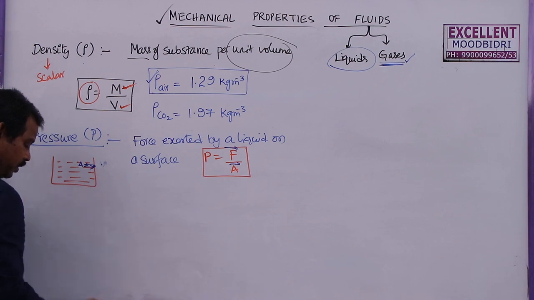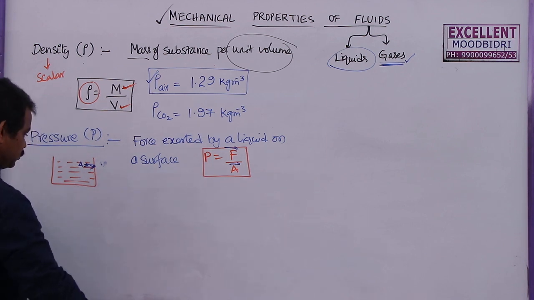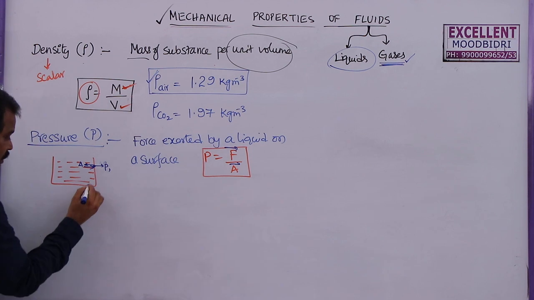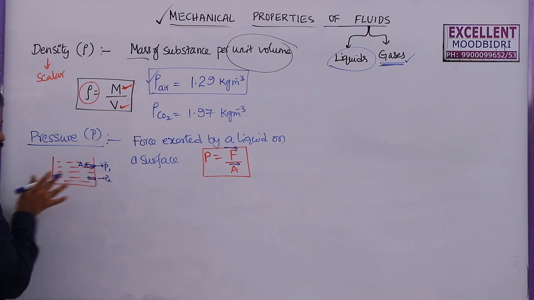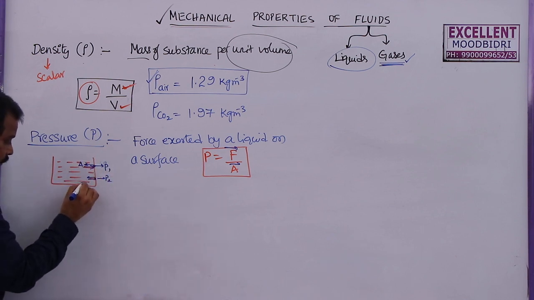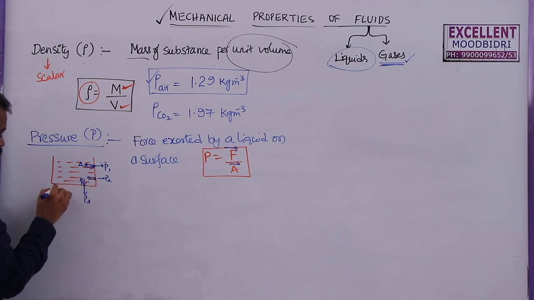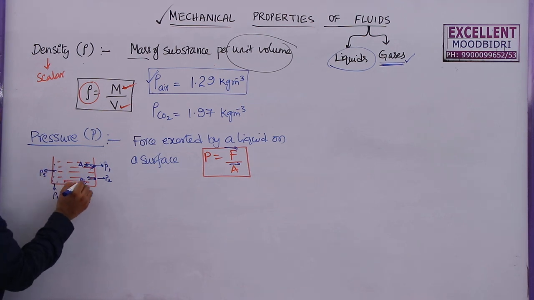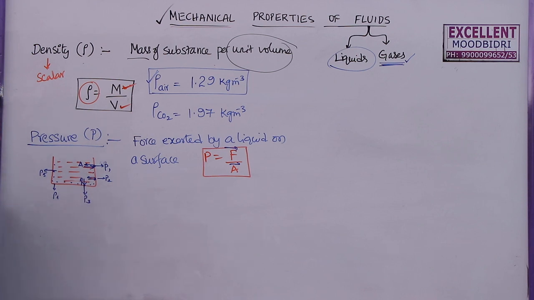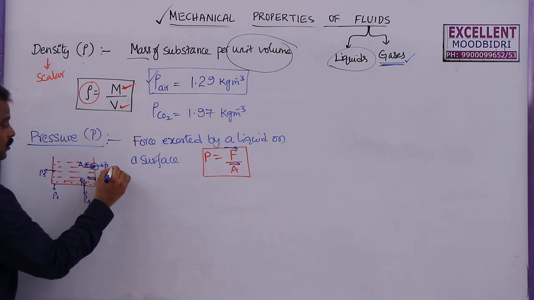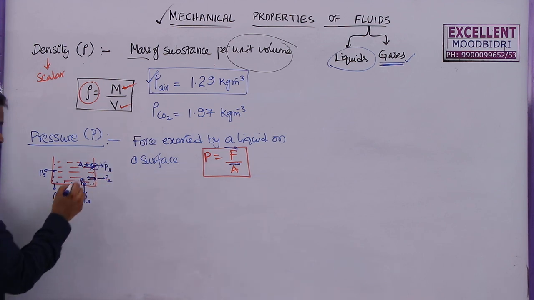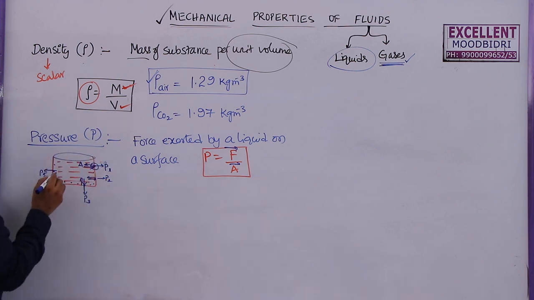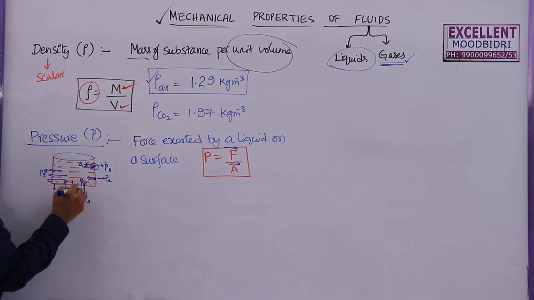Here, at this point, the pressure is acting in a particular direction. Let us say pressure is acting in this direction, P1. But what is the direction of pressure here? This is force, this is the area vector. Let us say the force is acting perpendicular to the surface. But here, the force is acting like this, area vector like this. This is pressure P3. Here this is P4. Here this is P5. That means at different points, pressure is acting in different directions. So at a particular point, we can consider pressure as a vector, but in this entire container, pressure is acting at different points in different directions.